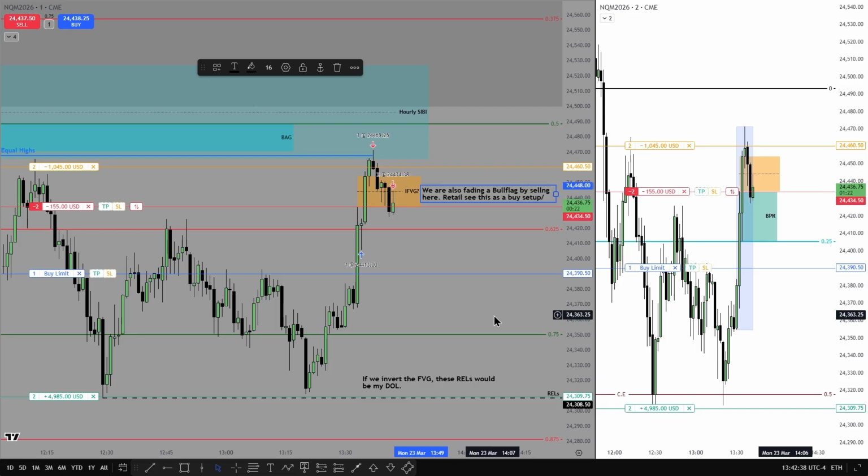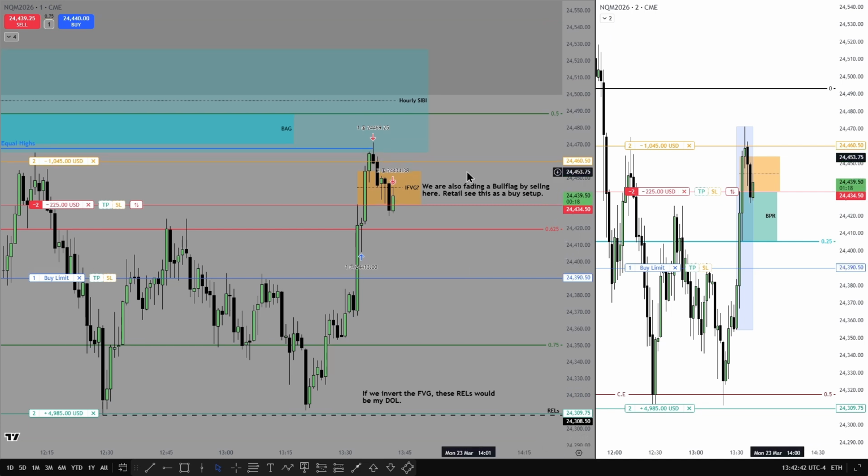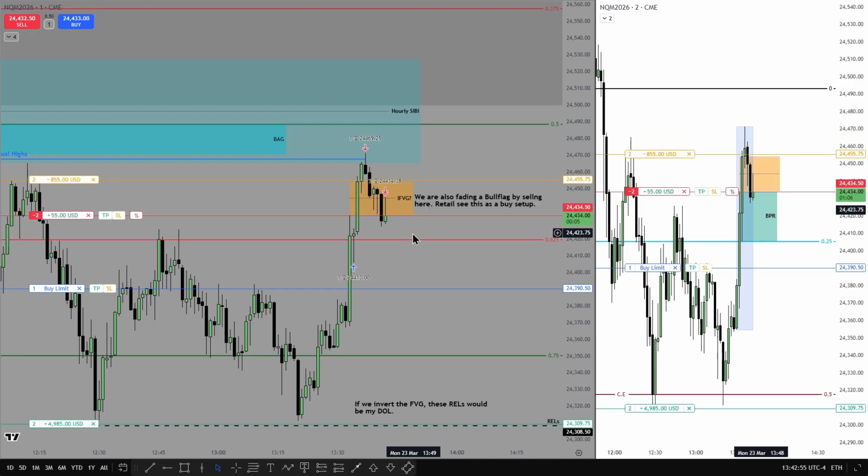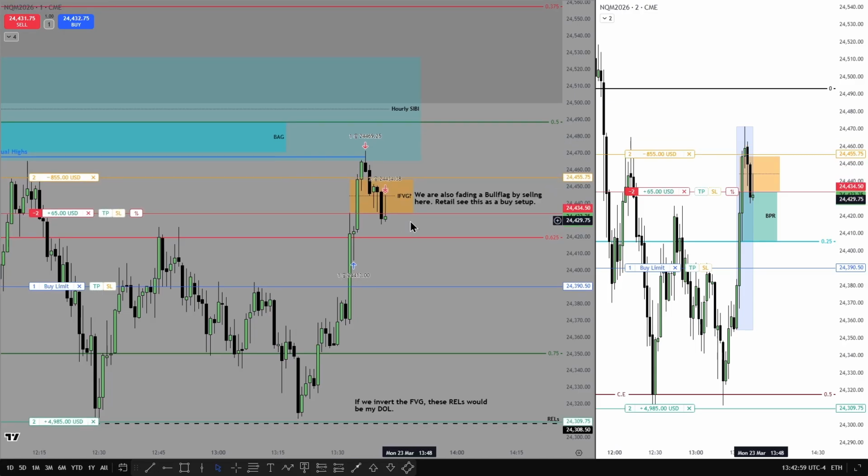And I want to see it stay rejecting the lower half of the inversion fair value gap. That to me would be the strongest indication that we should trade lower, and we should trade lower with speed, and then go all the way into the relatively equal lows. It takes a couple candlesticks. It's not an immediate run lower, but I'm fine with holding it because